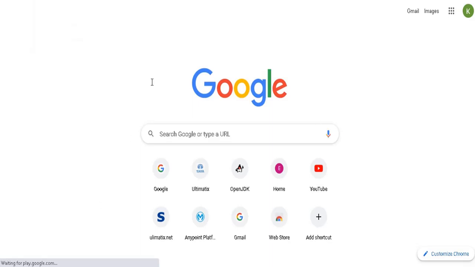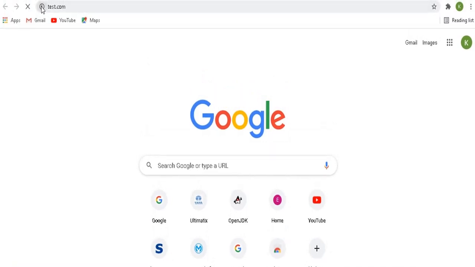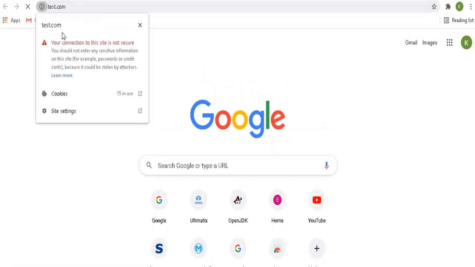See here, this test.com is not a valid one, right? So your Chrome has not agreed to communicate with this test.com website securely. That is why it is showing the error message, your connection is not secure.